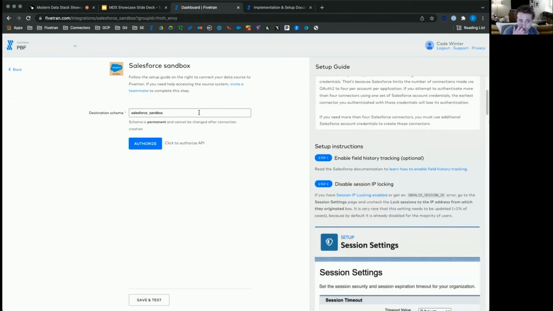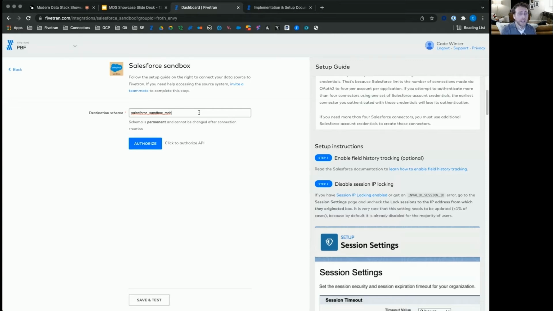And all I really need to do is give this a unique schema name. And this is because Fivetran is going to manage the schema in your destination. The schema itself and all the tables, Fivetran will create for you and manage. There's no need for you to go into your destination, create this beforehand or anything. Fivetran will create it for you, completely manage it for you, manage all the updates for you, like I mentioned,